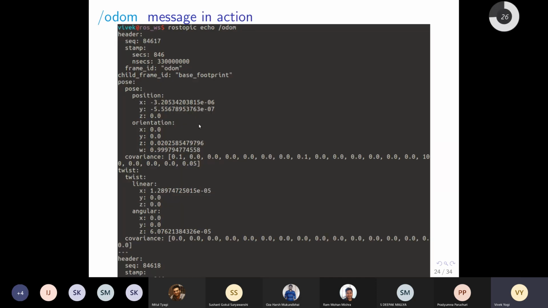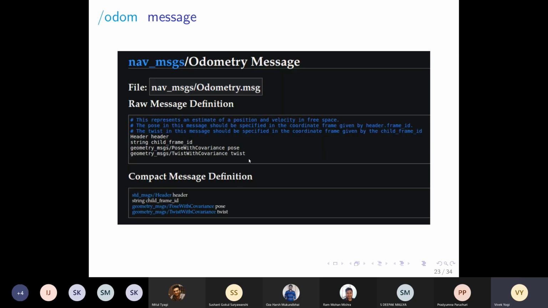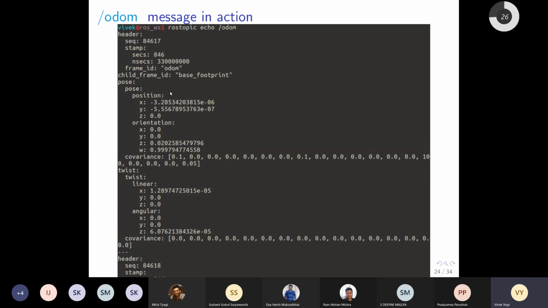Then the third member was pose and the fourth was twist. Okay, so let us see. Here you have your pose. The pose has another pose, and then it has position and orientation information. So this is your third member, and then twist is your fourth member. Okay, let us see here. See, twist is your fourth member, just like what we expected. Like I said, the header might contain some primitive types internally, and that is what we are seeing here. The pose has another pose, then it has position, then it has xyz. Eventually what is xyz? xyz are just floating point numbers. So this is not complicated. It is simple, just that it is recursive, it has a hierarchy.